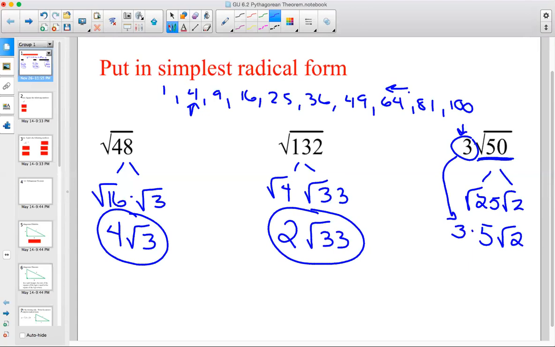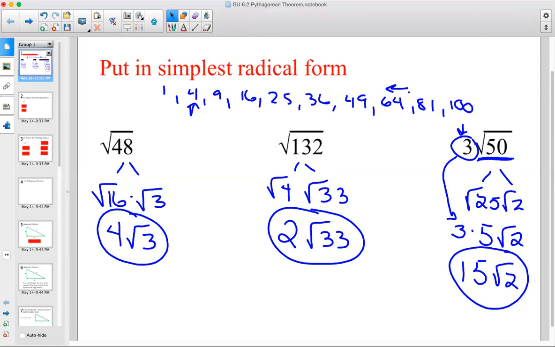Because you can always multiply a radical times a radical and a number times a number, but you can't multiply a radical and a number and get another number like that, okay? So I can multiply the 3 times 5 and get 15 radical 2. All right, so